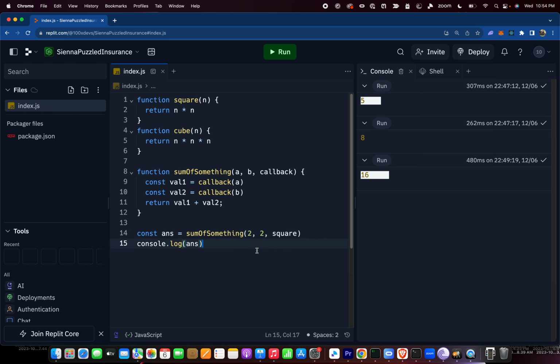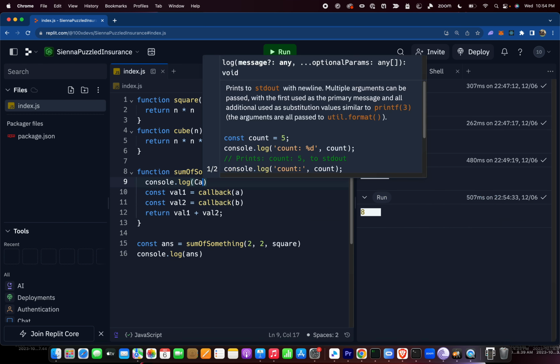which is this function right here. What do you think the output should be? If I'm calling sum of something with 2 and square, what will the output be? It is 8, because 2 to the power 2 plus 2 to the power 2 is 8. I can actually log callback here. So you can actually see